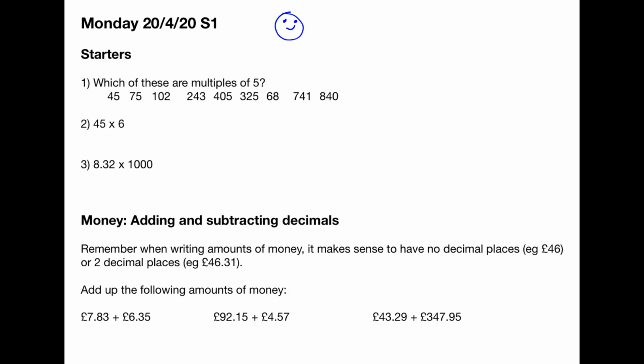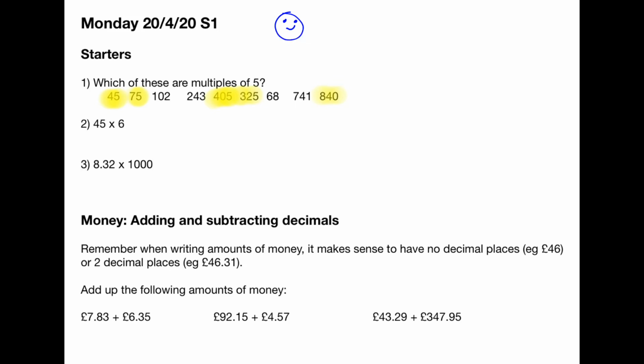Okay, so let's have a look at those then. We can spot multiples of 5 quite easily because they always end in a 0 or a 5, don't they? So the ones which are multiples of 5 are the ones that end in a 5 or a 0. So 45, 75, 102 isn't, 243 isn't, 405 is, 325 is, 68's not, 741's not, and 840 is. Okay, great stuff. So, next question,